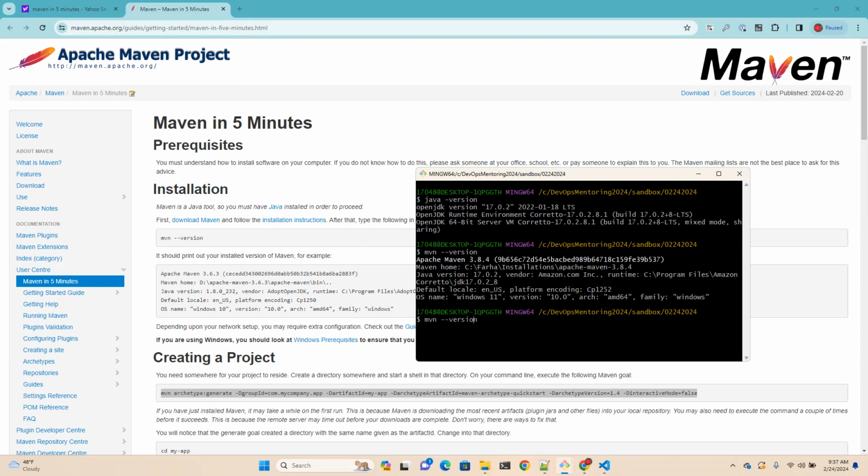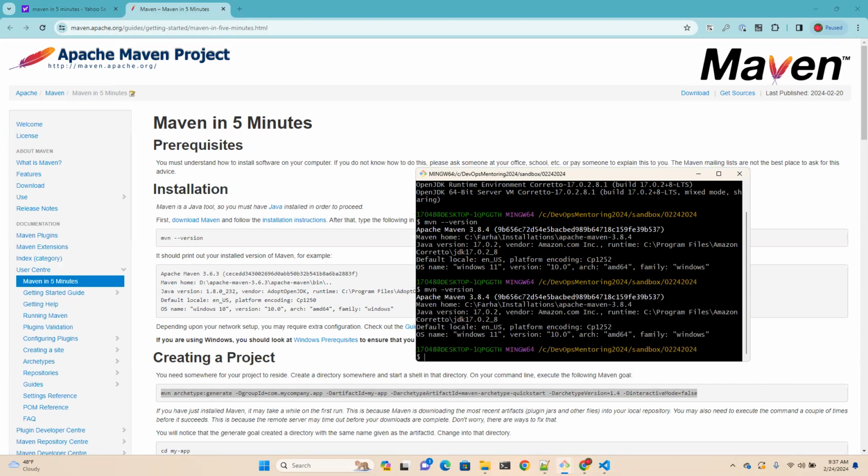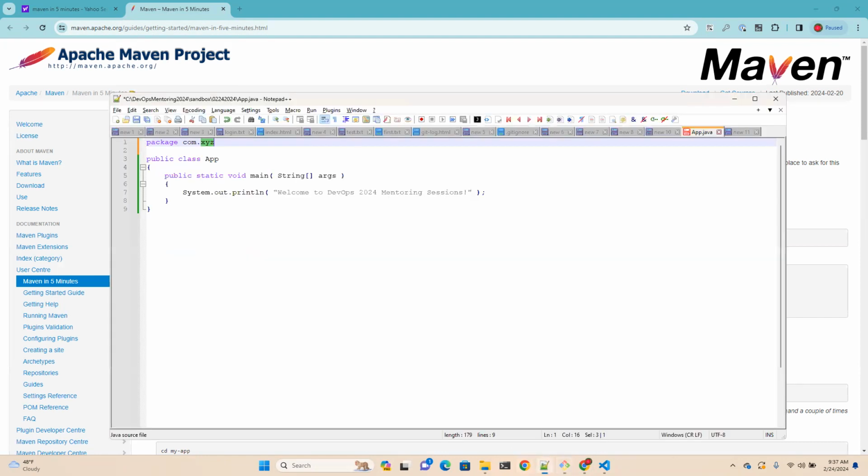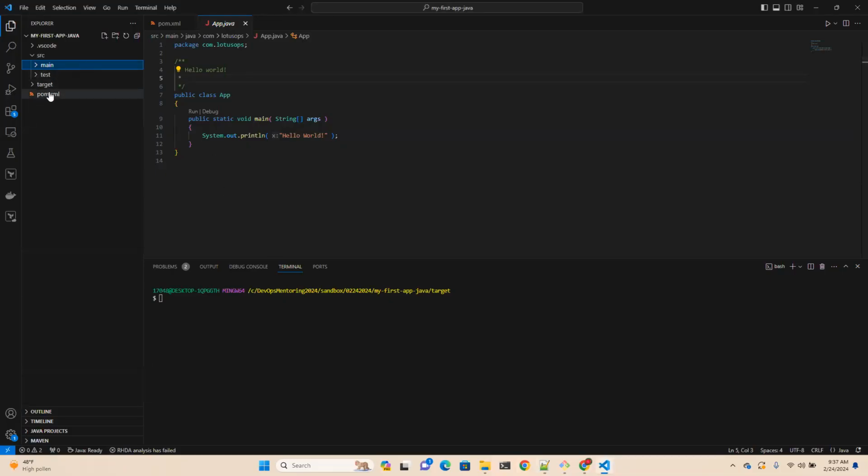I don't think this works with minus version. Let's try. Yeah, it works. So you can use one minus. Okay. It will show you the Maven version that you've installed. Okay. And when you generate the archetype, what you need to do is go to your POM file